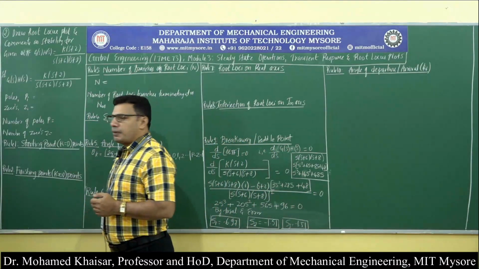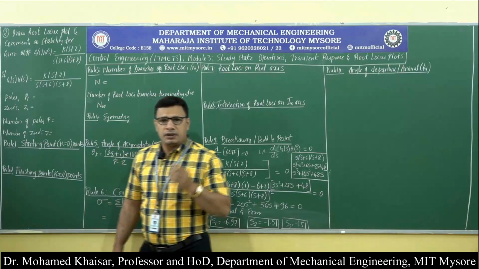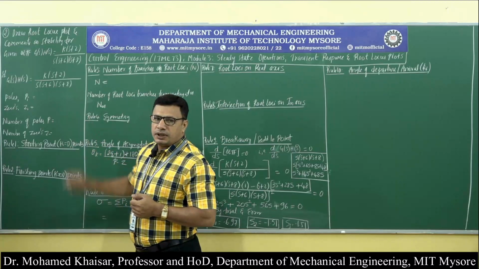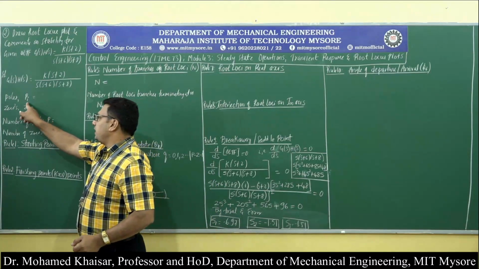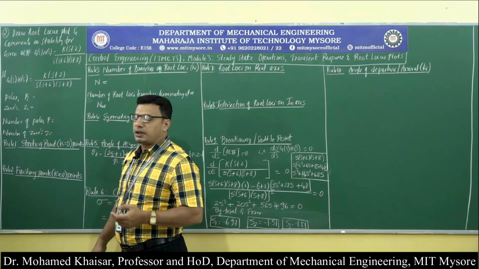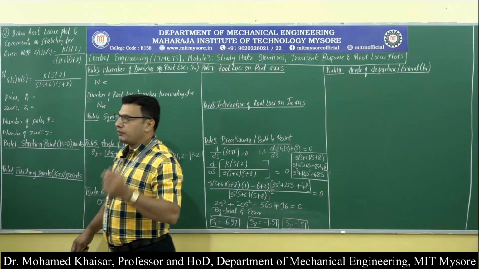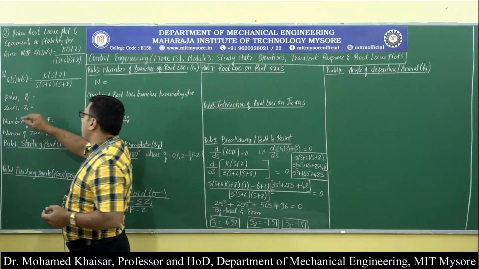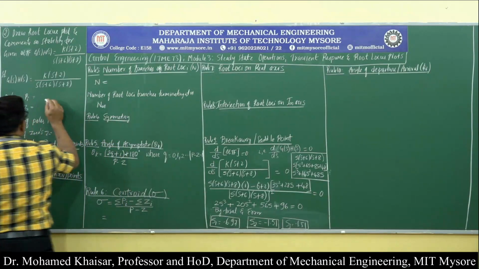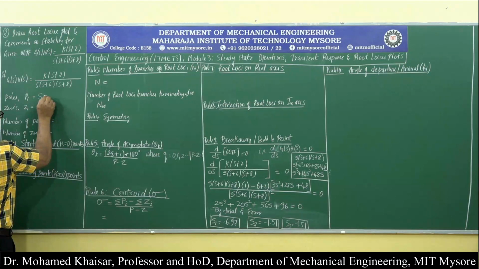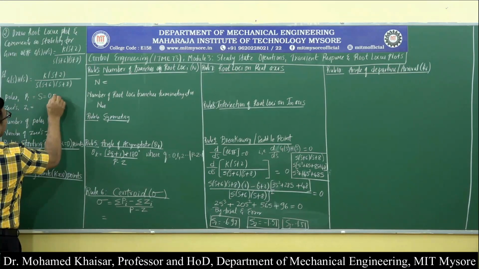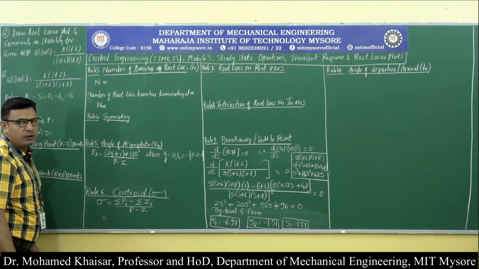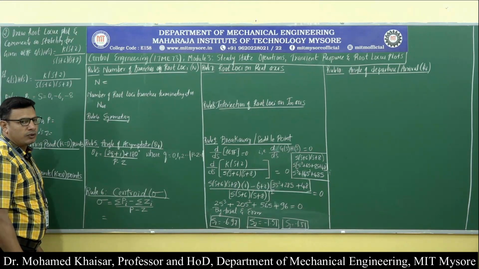Now this is the problem given. As explained in the previous sessions, the very first thing is we need to obtain the poles given in the open loop transfer function. Pi represents the poles. Poles are nothing but the denominator terms, so poles are s equal to 0, minus 6, minus 8. You need to equate all these terms to 0, and then you will know what poles you are given with.